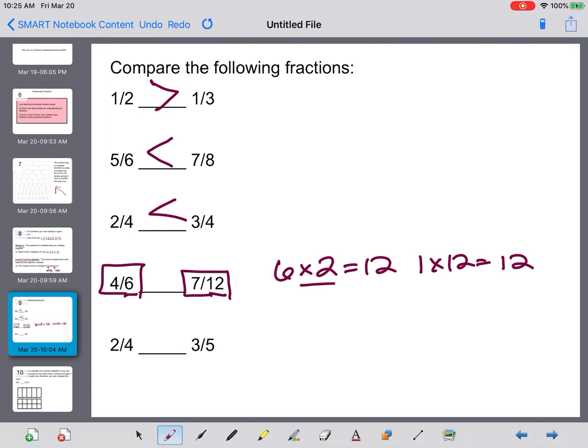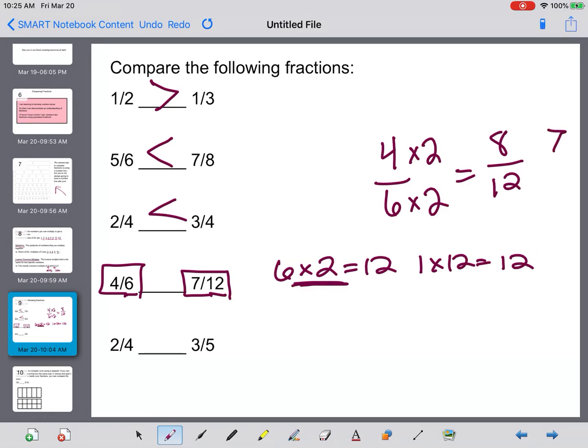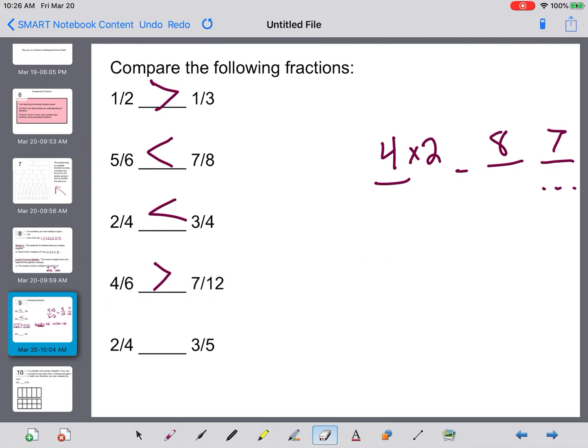And the way that we're going to do that is we're going to multiply it by 2, because that's how we get a denominator of 12. So 4/6, we're going to times both by 2, and it equals 8/12. So now we're able to compare that to 7/12, and we can see that the first fraction that's equivalent to 8/12 is larger. Okay, and then lastly,